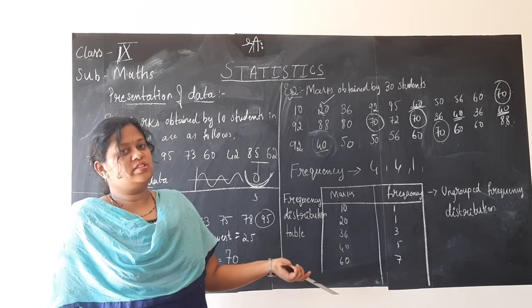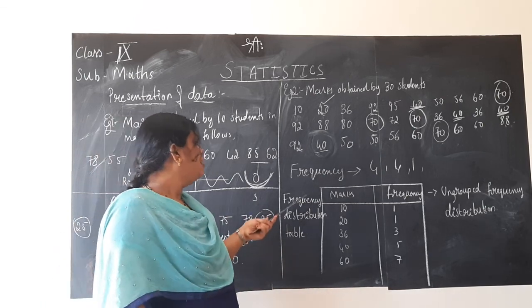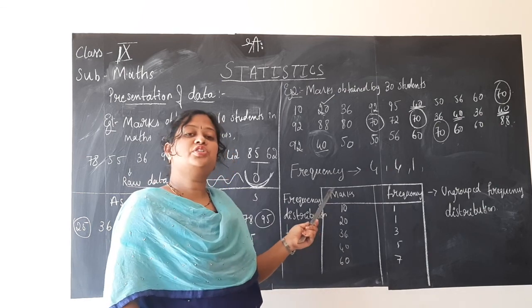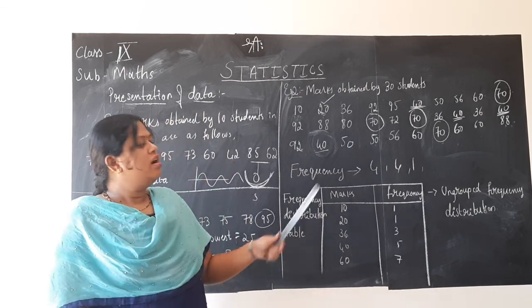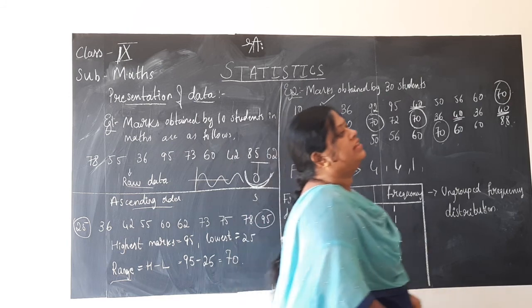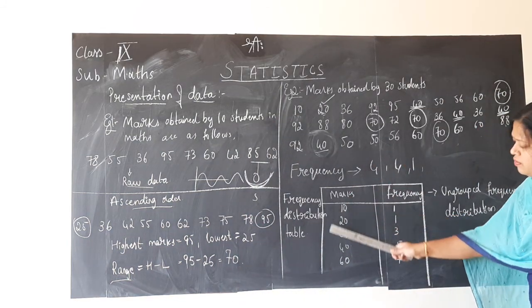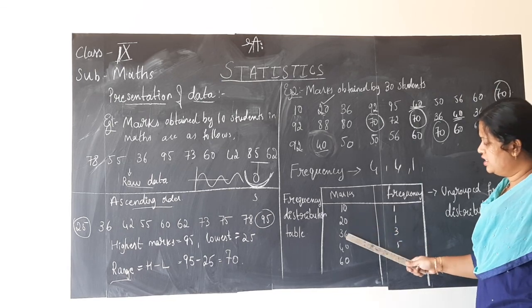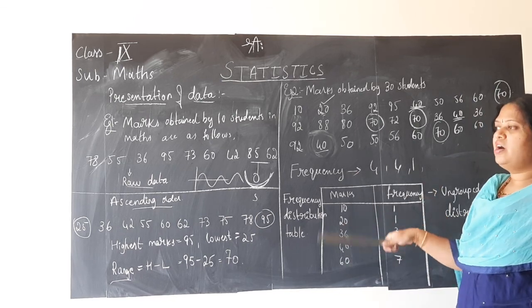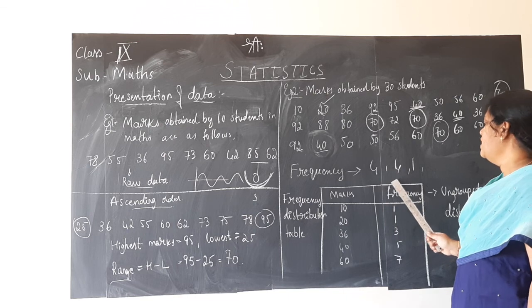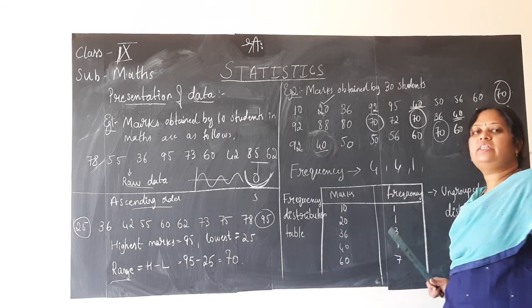You know already what a frequency distribution table is. And why is it called frequency distribution table? It is because, children, what information we write in the table matters. We will be having two columns here. The first column will be of marks. See, 10, 20, 30, 40, 50 like that. Marks will be written and its frequency will be written in the second column.